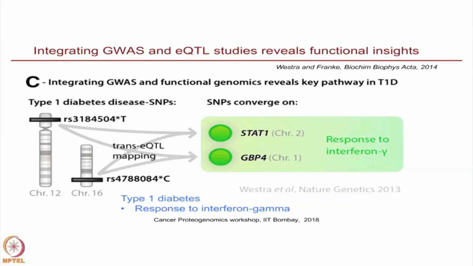But through eQTL mapping, this group found that although these SNPs are located at different locations of the genome, they converge, so they control the expression of the same genes. That means different genotype alterations converge to the same gene expression alteration and eventually change the phenotype. So these examples basically show how you can integrate the GWAS analysis